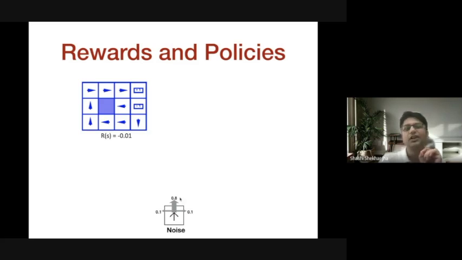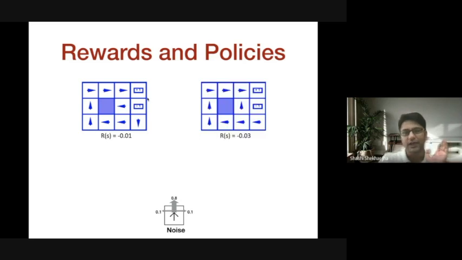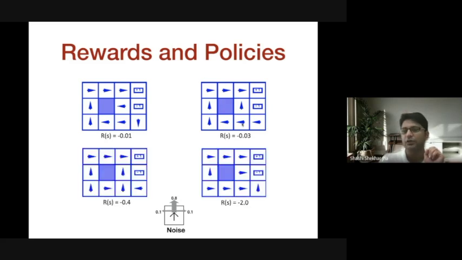So this is how the environment is configured, and this arrow shows the optimal policy learned using some reinforcement learning algorithm for this particular environment with these settings. This is the optimal policy learned. And I have the same environment again, and everything remains the same. I'm just changing the rewards, which you can see at the bottom. And just by changing these rewards, you can see the behavior changing.